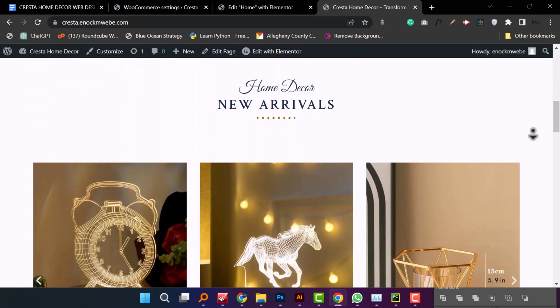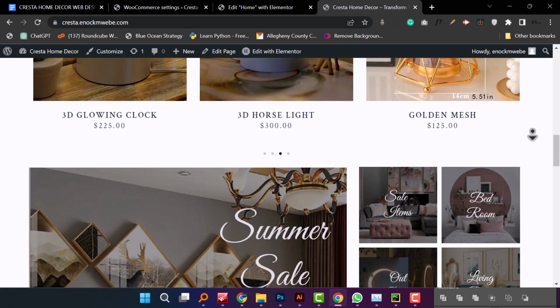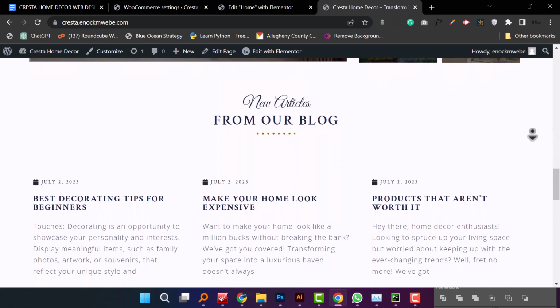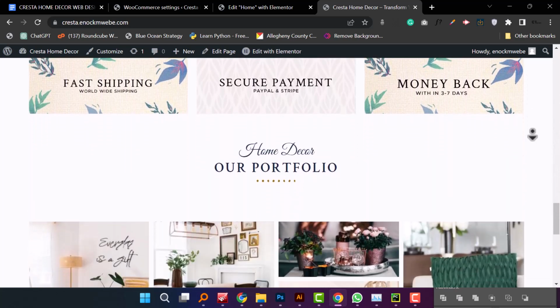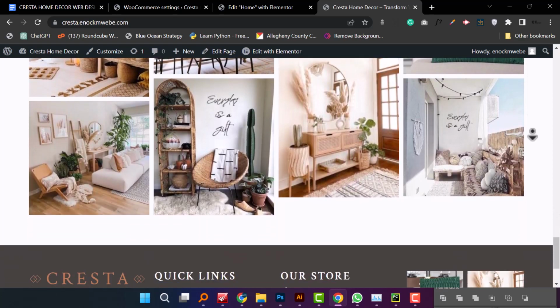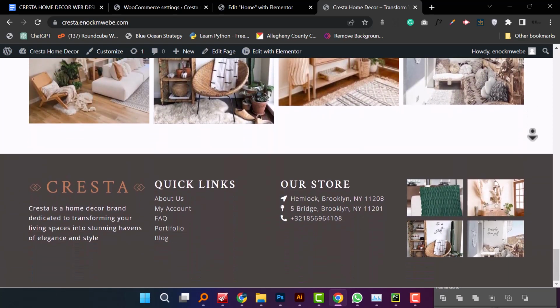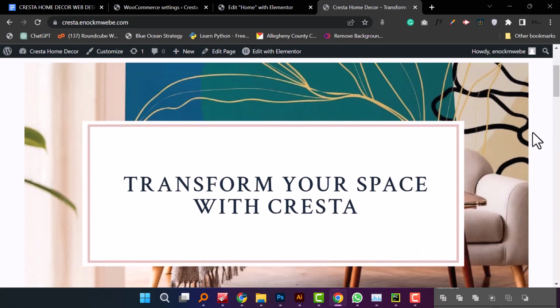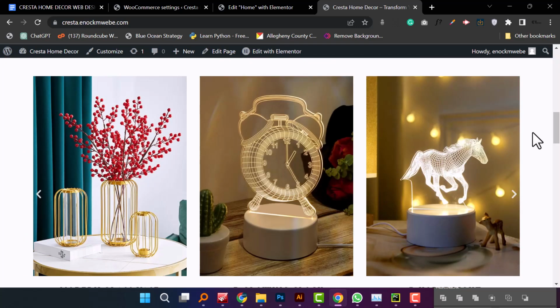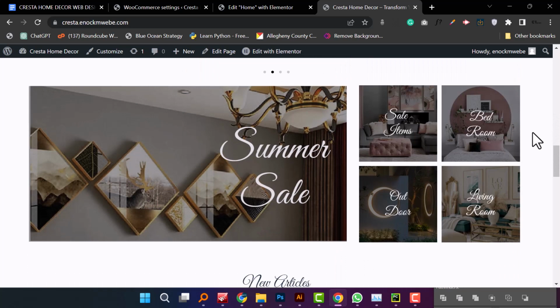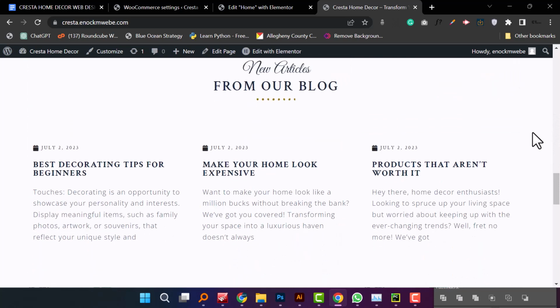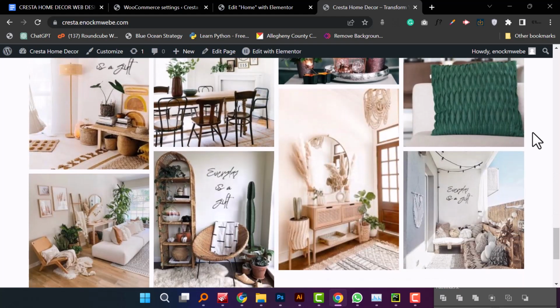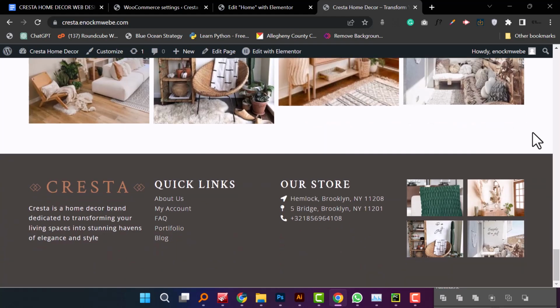Today we're going to be learning how to create a home decor website in WordPress. We are going to be using the Elementor Pro page builder and the Worksheet theme. First, we'll kick off by designing the home page. For example, we would have these nice hero sections. We'll have a product section. We'll have a blog section still on our homepage and a nice portfolio and also a very nice footer for